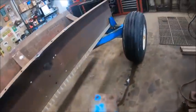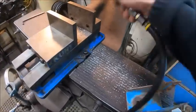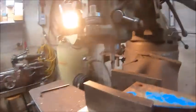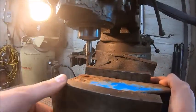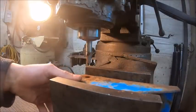I got 3 done already. This is my last one. Had to put the tall vice jaws in. This isn't 100% perfect. I can't get a hold of it great, so I gotta be careful and take small bites,